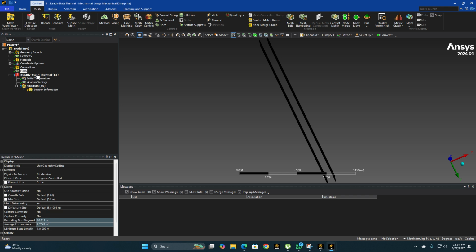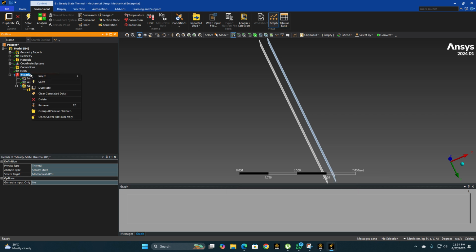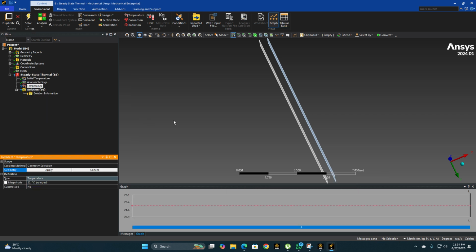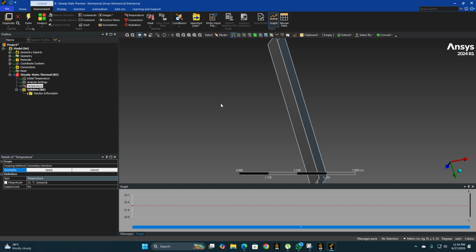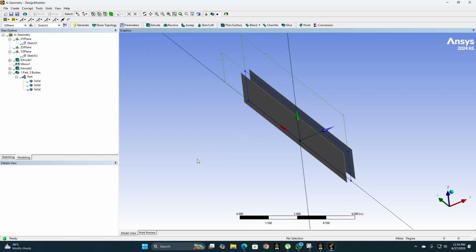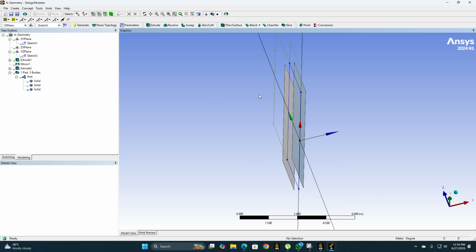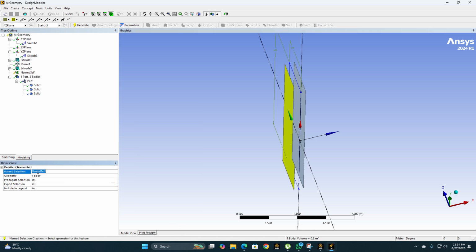So right click on the steady state thermal and insert, and firstly the temperature. So initially, alright, I haven't given it the name selections. So before solving these things, let's give it the name selections in the design modeler part. So come to the design modeler and give the name selection to this whole body. Select the whole body, name selection,